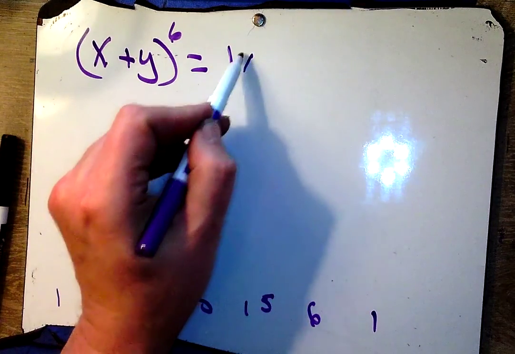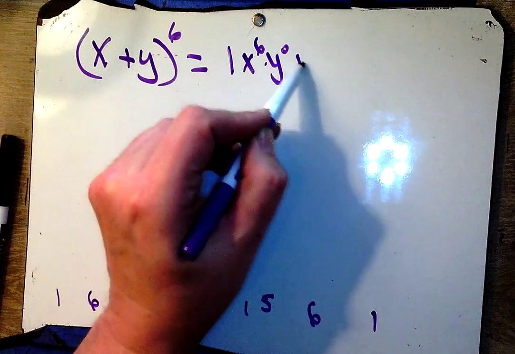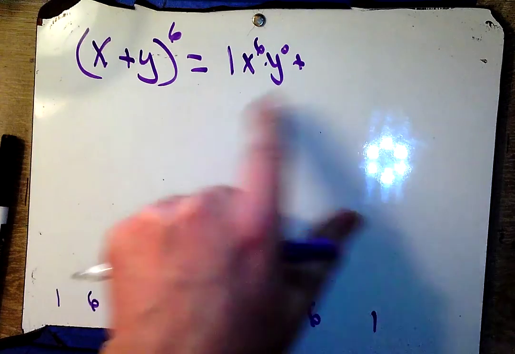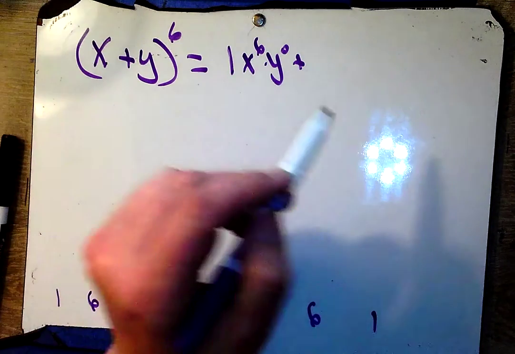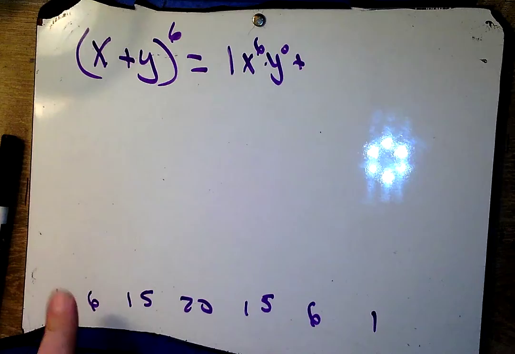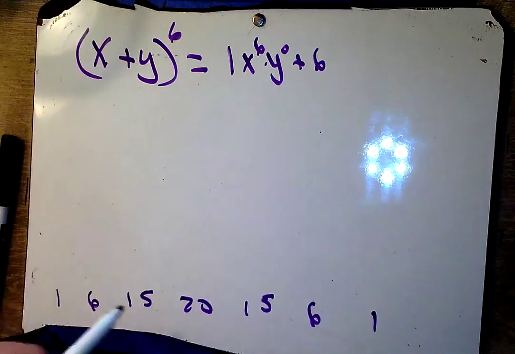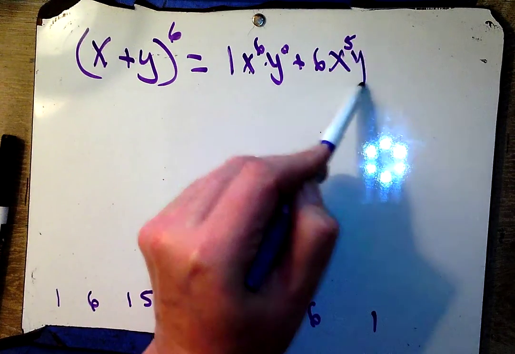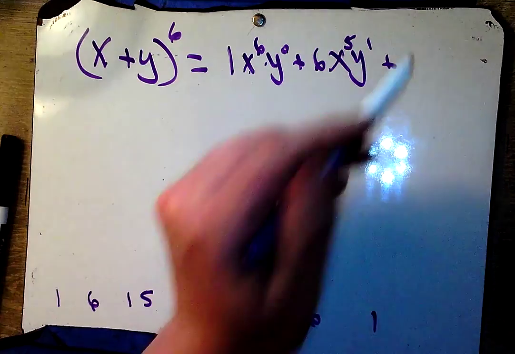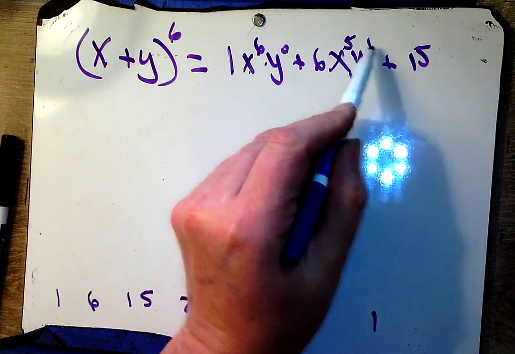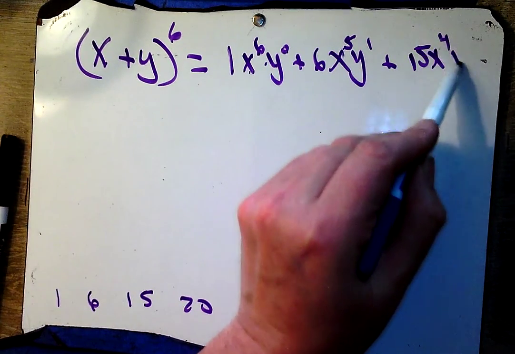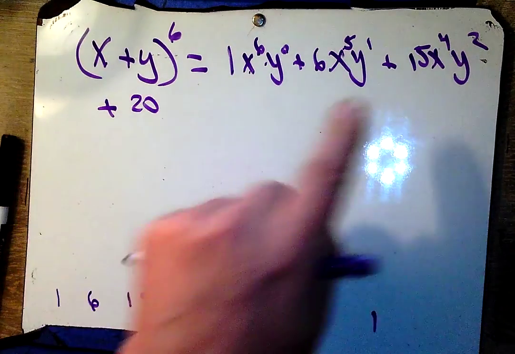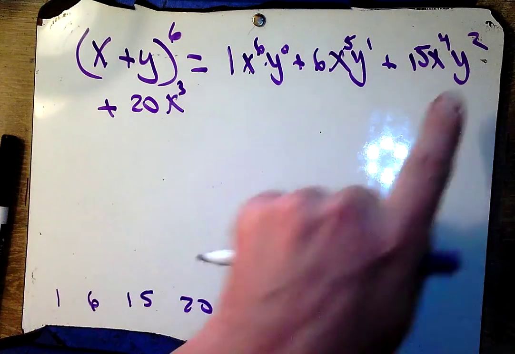So I'm going to have 1, x to the 6th, y to the 0. And I'm just going to write it here. You don't have to, but it helps some people see that something is increasing while something is decreasing. So we've used the 1. The next term has a 6. And we're going to reduce this power by 1 and increase this power. 5, y to the 1, plus 15. Reduce by 1, add by 1, so x to the 4th, y to the 2nd, plus 20. Reduce by 1, increase by 1,